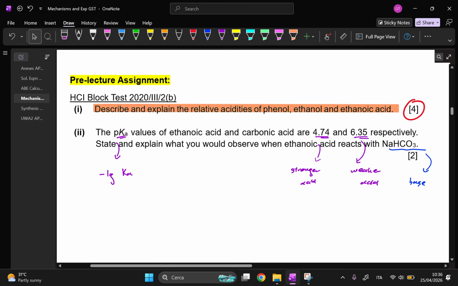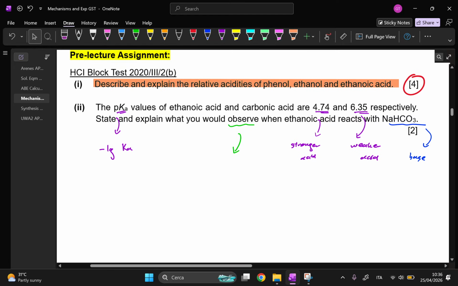So because ethanoic acid is a stronger acid, it reacts with a Bronsted-Lowry base, and obviously in an acid-carbonate reaction, we learned all the way back in Sec 2 that the observation is effervescence of CO2 gas. But you cannot write that as an observation because remember what we've already gone through in your inorganic QA. When you write an observation in inorganic QA, you cannot write effervescence of CO2 because you cannot see that it's CO2. So you can only write effervescence of colorless,